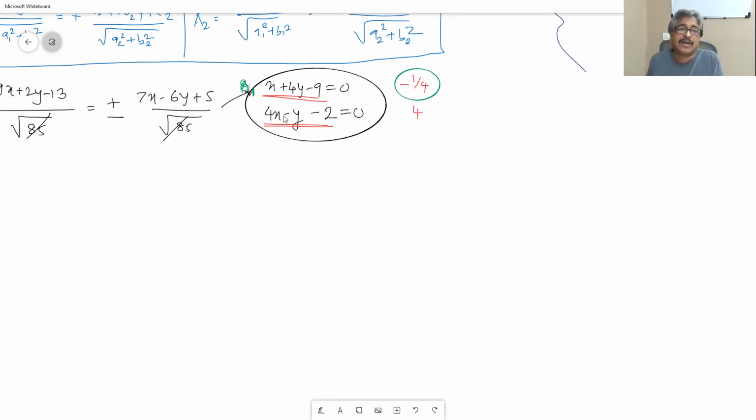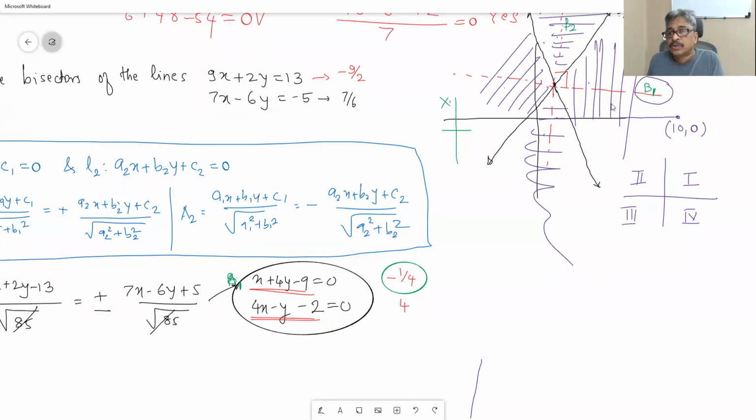But I think that problem is not given like that. It should be like this: find the equation of the bisector which passes through the quadrant containing that point. Otherwise, you need not use this theory to find the angle bisector. If a point on the angle bisector is given, you already know the point of intersection, so it is easy to find that equation by the two-point form. If I give you any point P1 on this bisector B1, you can always find the point of intersection, so you get the equation of the bisector.